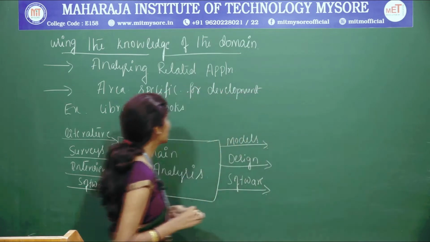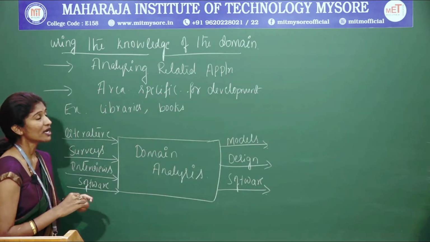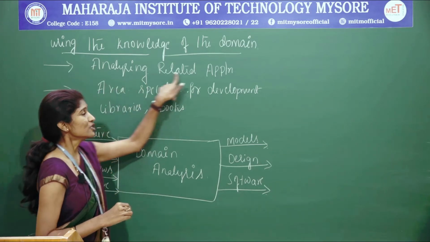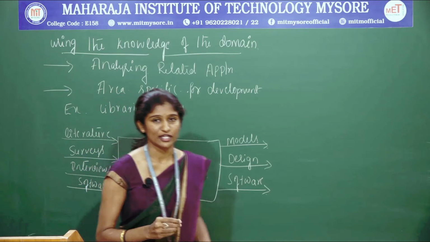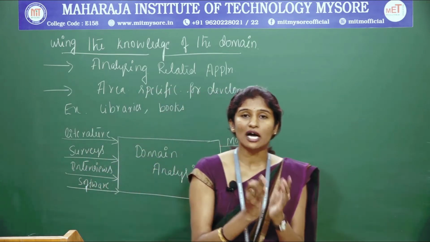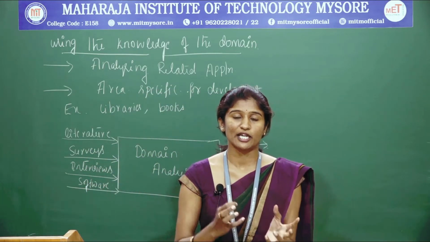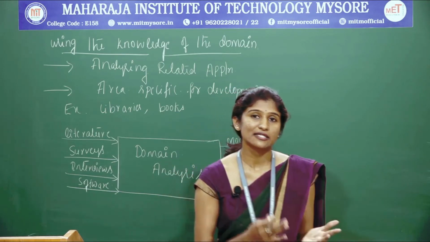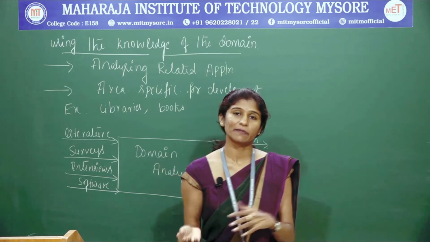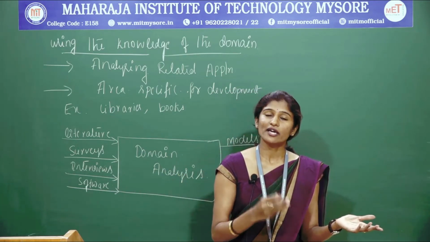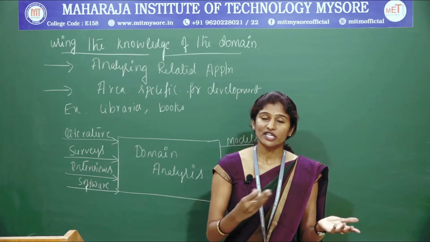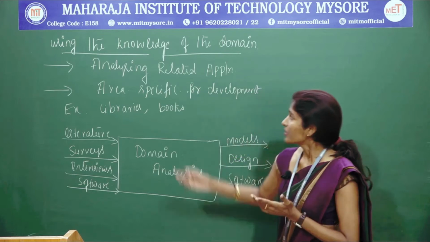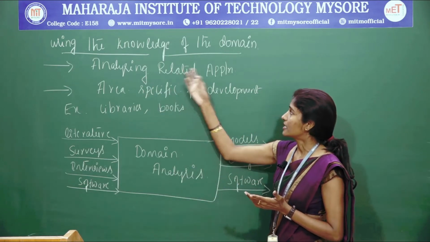In this particular concept, we are going to focus on how we are going to analyze the domain systems. So, very first I have written, we need to analyze the related applications. It means how the applications are related to each other. One application is related to another application, how it is dependent on each other, the class is dependent on other classes, the object dependent on another object. How they are correlated to each other, and in which environment they have been developed. We need to analyze these things. That is why I have taken analyzing related applications.